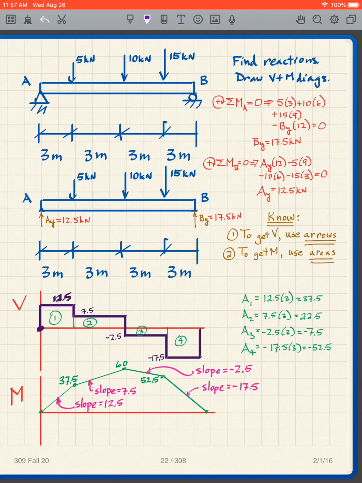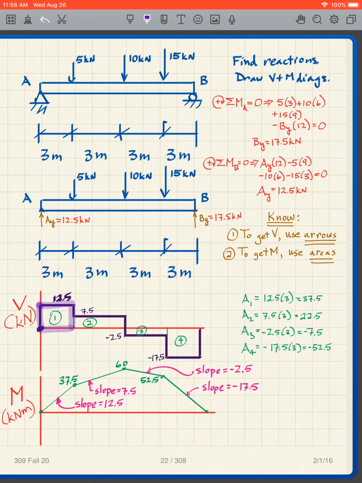So remember that the units on shear force, or sorry, not kips, kilonewtons. We are in metric here. And then the units for the moment are kilonewton meters. So with those units, to get our areas, I have 3 meters times 12.5 kilonewtons